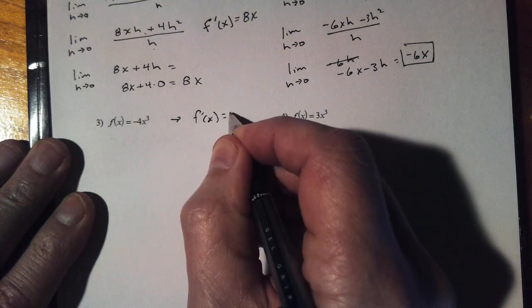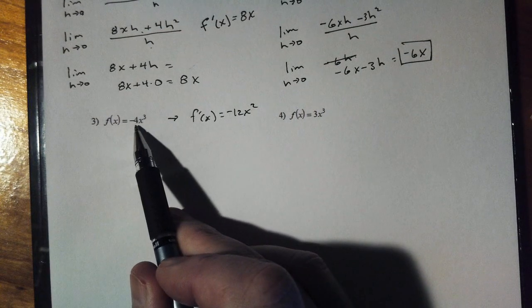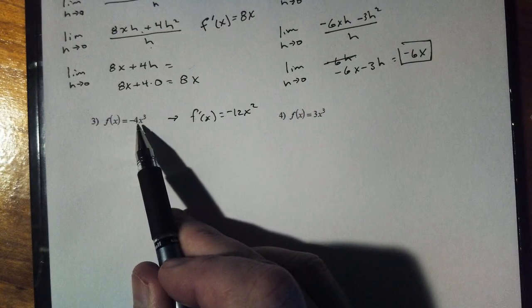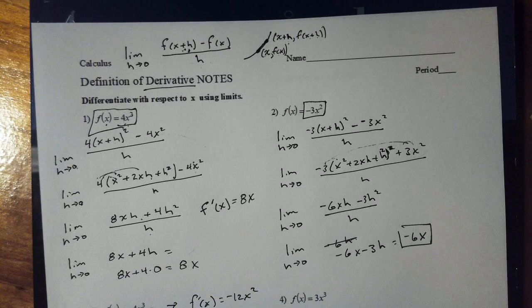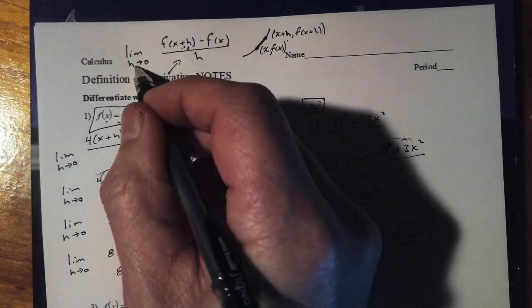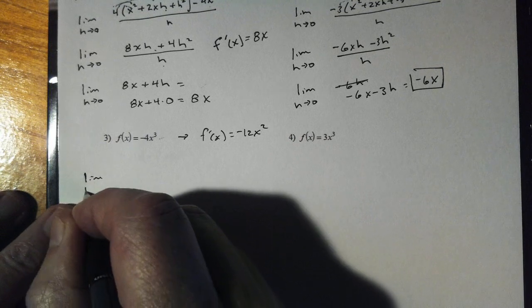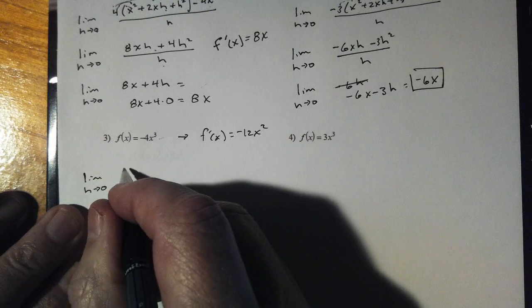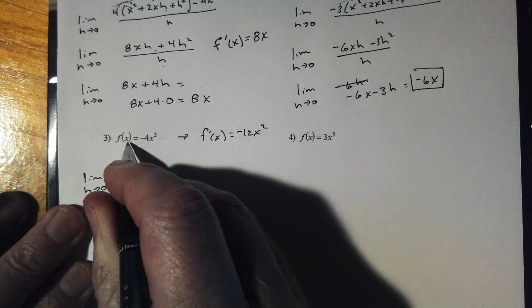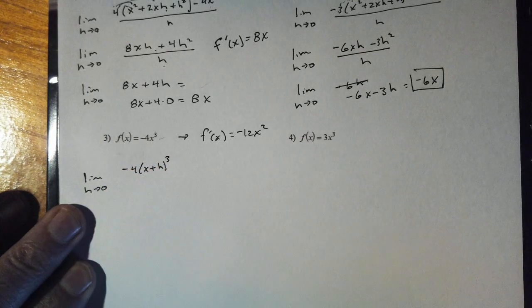We know what the slope formula should be. F prime x should be -12x squared. -4 times, this is actually the power rule, which we're going to talk about in the next section. And after this section we go through, you're not going to have to go through this drawn out definition of derivative process. The definition of derivative meaning all of that. But we know what our target is. So I want the limit as h approaches 0 of -4x cubed, but I want to put in x plus h into this factory, so I get -4 times x plus h cubed